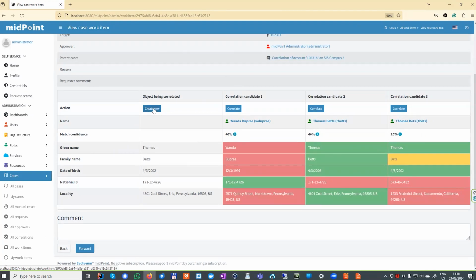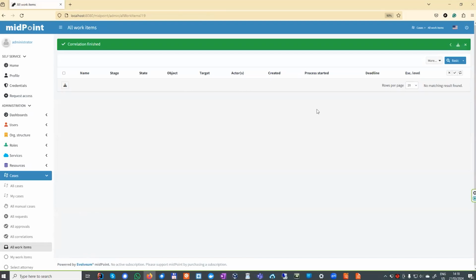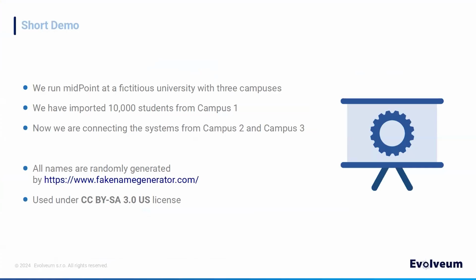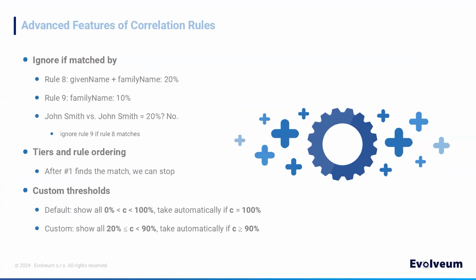Let us say we conclude that this is indeed a mistake in the national ID, and the owner of this account is this Thomas Betts. Okay, so we click correlate here, and we are done. Now, let's get back here and let's briefly describe some of the advanced features of the